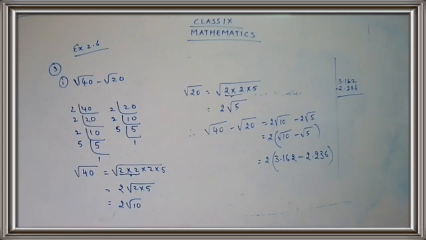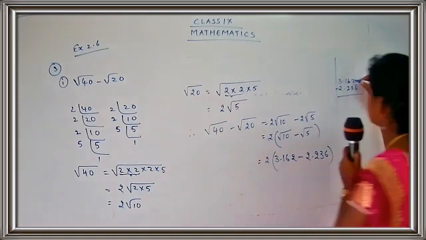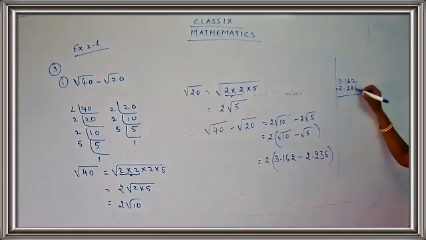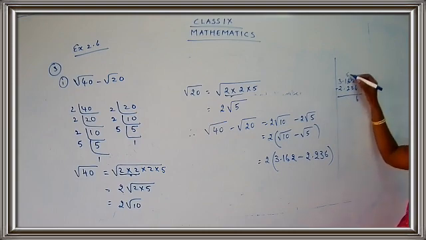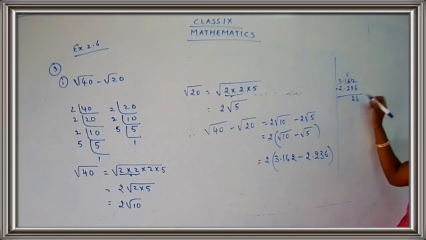Be careful when you simplify. What do you get here? 2 minus 6. So this is a smaller number. This is a bigger number. So you cannot subtract this. Yes, children? So you have to borrow from the previous number. So you have to borrow from 6. So this turns to be 12 and this becomes 5. 12 minus 6, 6. 5 minus 3, 2.